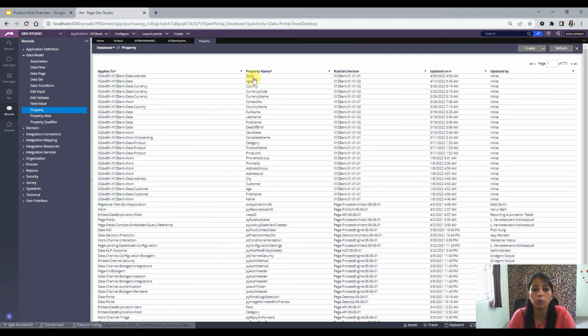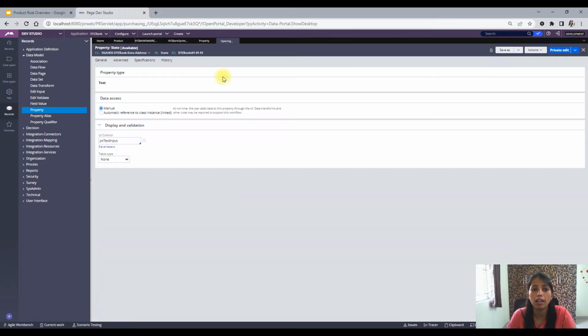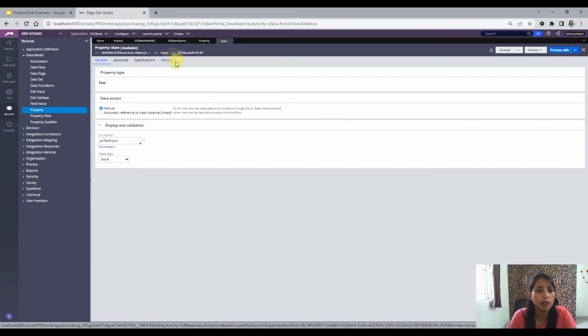Okay, so when you see your property, it is always tied to a rule set version, right? So this is the rule set XYZ bank and the version is 01. So this is a rule because it is tied to a rule set as well as a rule set version. Okay, so that's why it would be called a rule. So activity, data transform, property, I think all of these major things we use for development are all rules, okay,